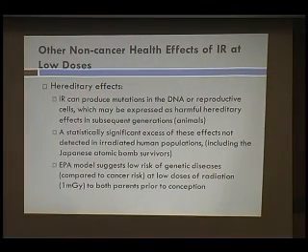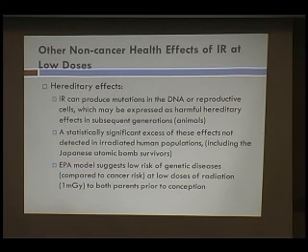So what about the hereditary effects? Ionizing radiation can produce mutations in the DNA, and then it can be harmful in subsequent generations. Before, I was talking about damage to a cell and then the cell replicates. This is actually talking about the father and mother and then passing it on to a child. But they really only have that evidence in animals, actually. There's not a lot of evidence in humans there.